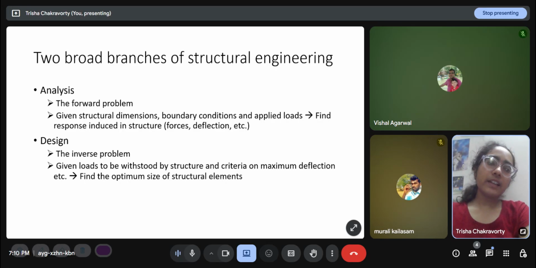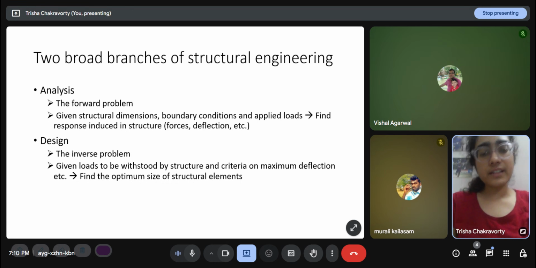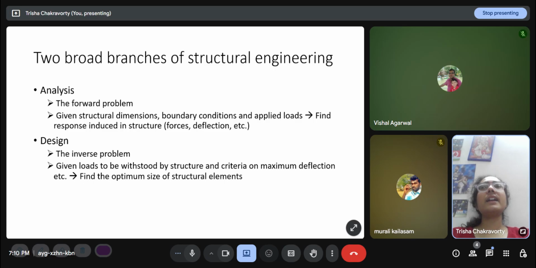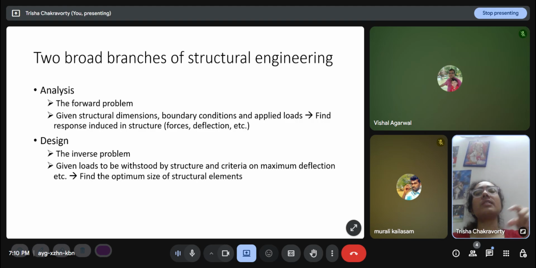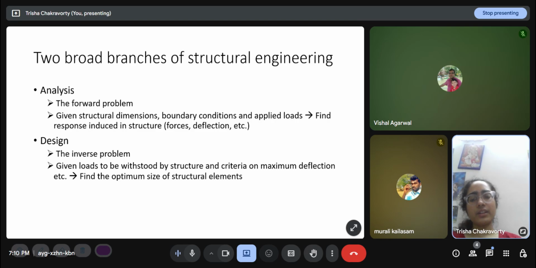Basically, I want my structure as a whole to hold up these loads. Under these loads it should not collapse, it should stay. And there should also be some serviceability criteria, from deflection criteria. In each structural element I will have some limit, like the midpoint of the beam should not deflect more than this, the sway in the structure should not be more than this. These are given in terms of deflection, generally in millimeters. And given all of these, we have to find the optimum size of the structural elements.